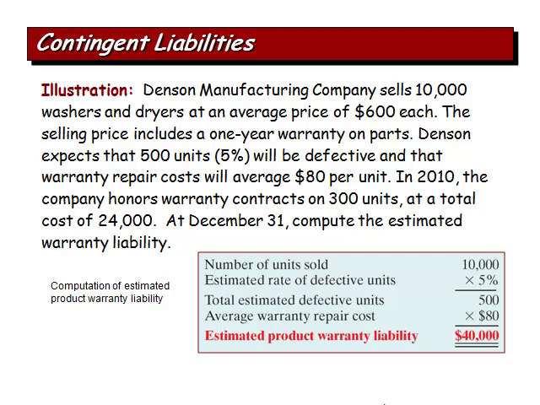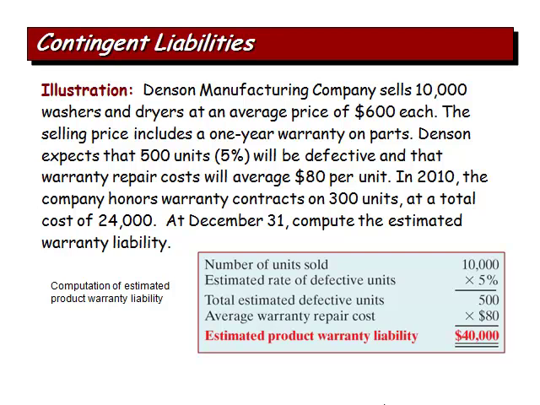So Denson Manufacturing Company sells 10,000 washers and dryers at an average price of $600 each. The selling price includes a 1-year warranty on parts. Denson expects that 500 units, 5% of its 10,000 units, will be defective, and that warranty repair costs will average $80 per unit. In 2010, the company honors warranty contracts on 300 units at a total cost of $24,000. At December 31st,